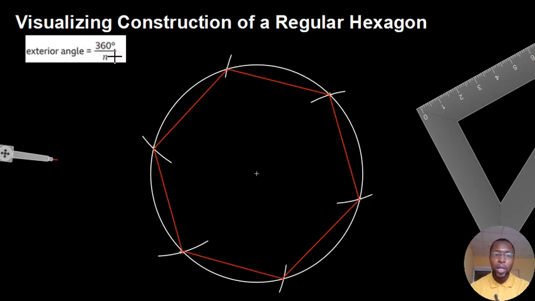Okay, this method, you can also use it to construct other polygons too. Just know the number of sides, and then divide 360 by that number of sides. The angle you get usually will help you, but in this case, this is the rule of how to construct a hexagon. So having done that, we can